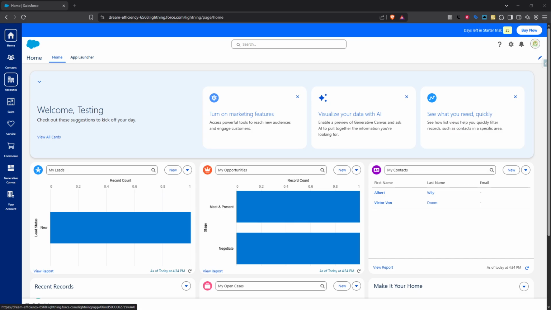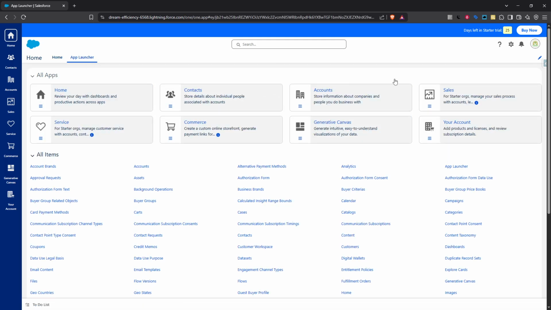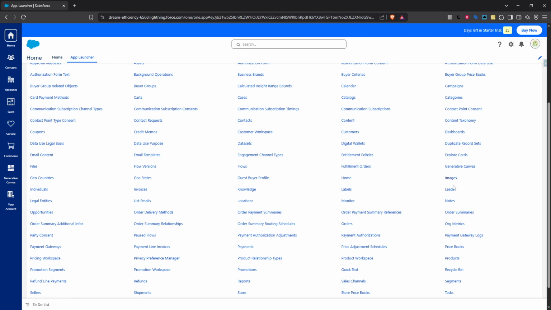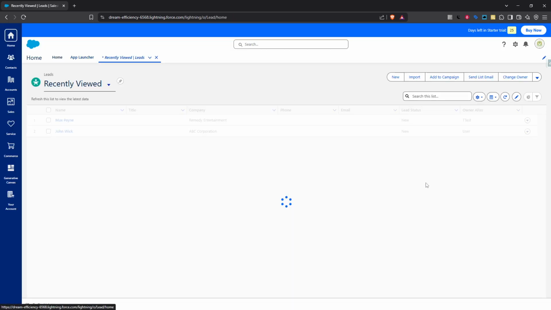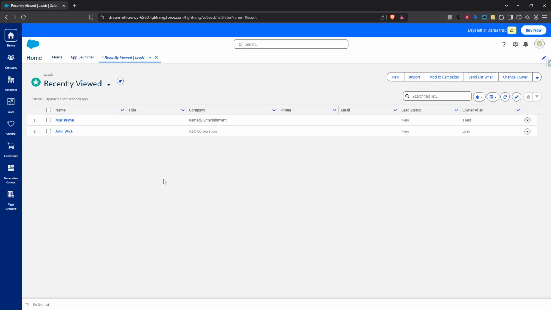Let's dive right in. To begin, you'll need to access the app launcher within Salesforce. This tool helps you navigate between different areas of the platform. From the app launcher, select the Leads tab. This is where you'll find all your current leads and initiate the conversion process. If you're not familiar with the app launcher, don't worry, it's usually located at the top left corner of your